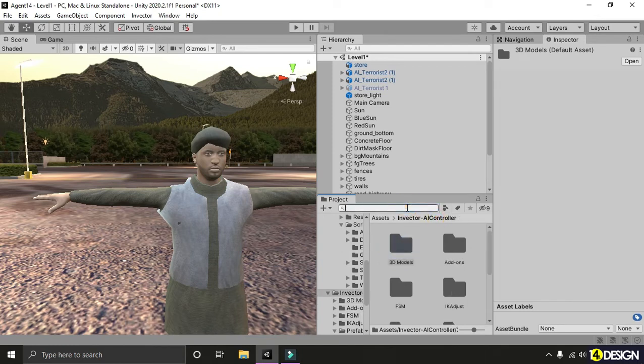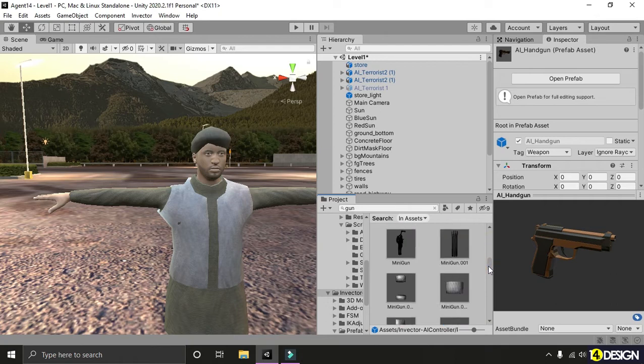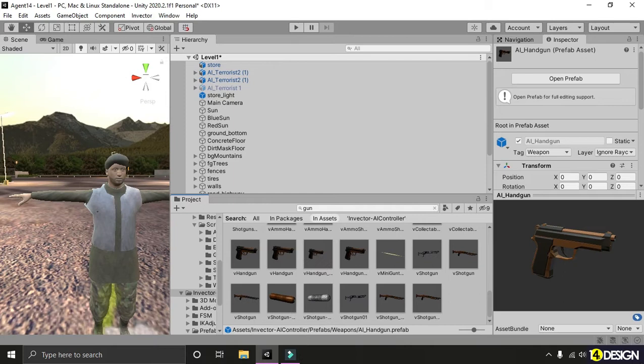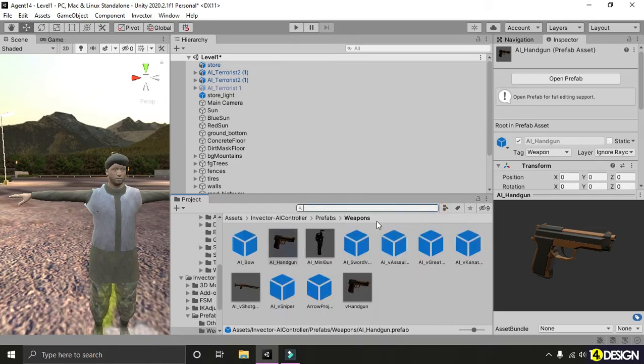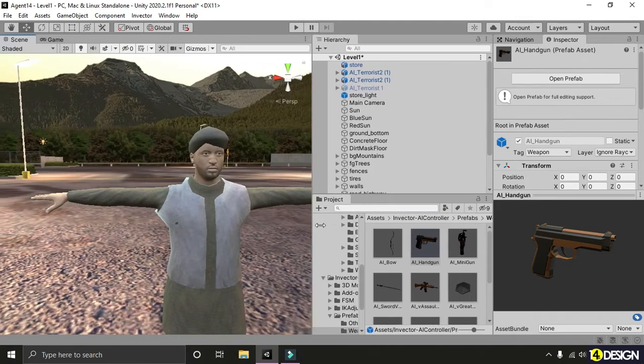Just search for the weapons. Click on gun. Here you can see the guns have appeared. Let's see the location of the gun. It's in prefab weapons AI handgun. So here is the gun folder.